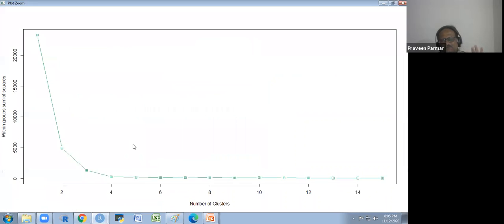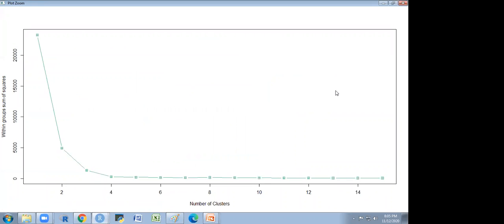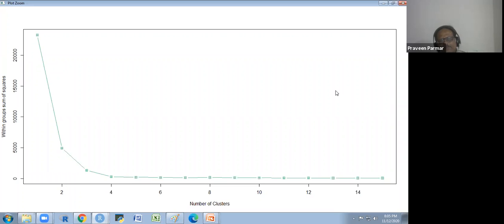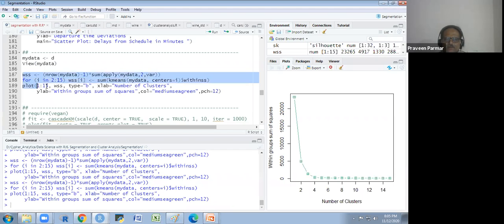There is a bug in my RStudio, so I'm getting this sort of thing. Okay. So now how many clusters should we have? 4, sir. That is the bug in my visualization part in RStudio. Sometimes it is not giving me the proper figure. So if you run it, you will get it this way. So this is the 4 clusters it is showing us now. Correct. I have not done anything, I have just rerun it. It is not a set seed like that thing. We have not any random function here.